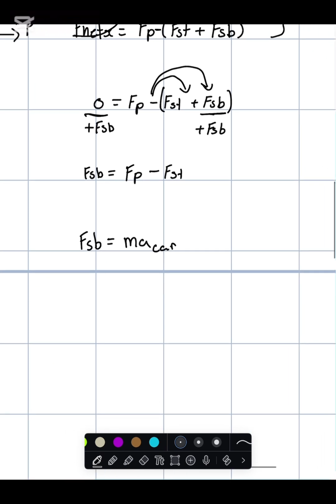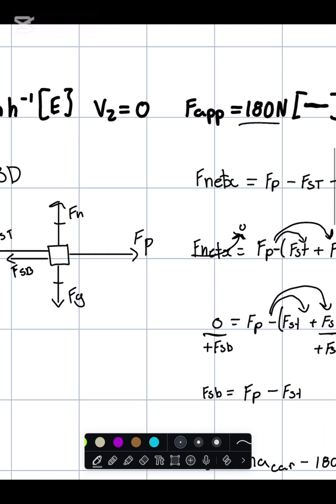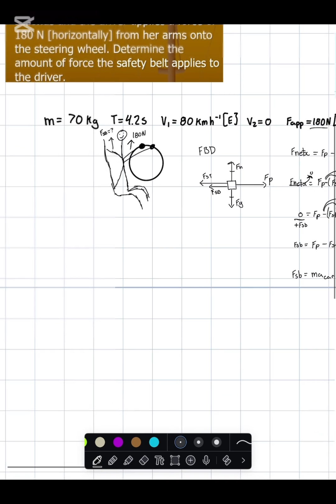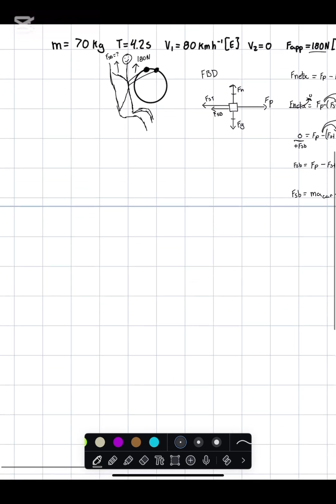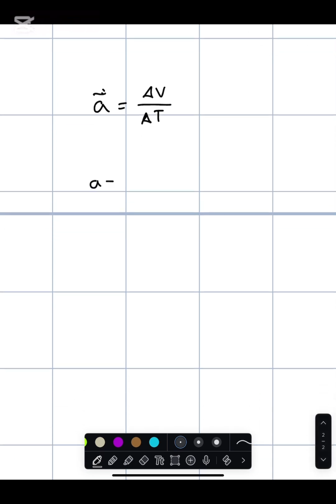And our Fs, force of the seatbelt, would just be minus 180 newtons because it's all the way up here at 180 newtons. So we have to find our acceleration of the car. We have our delta V, which is going to be our V2 minus our V1. We have our time, so we can obviously find acceleration. Acceleration is going to be equal to our delta V over delta T. So since there's no change in time, our delta T would just be